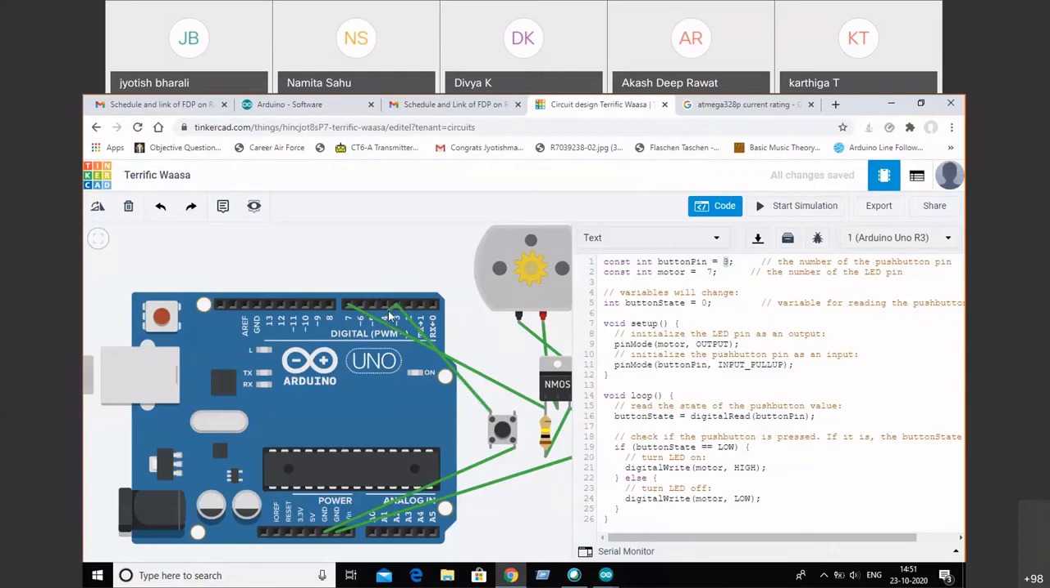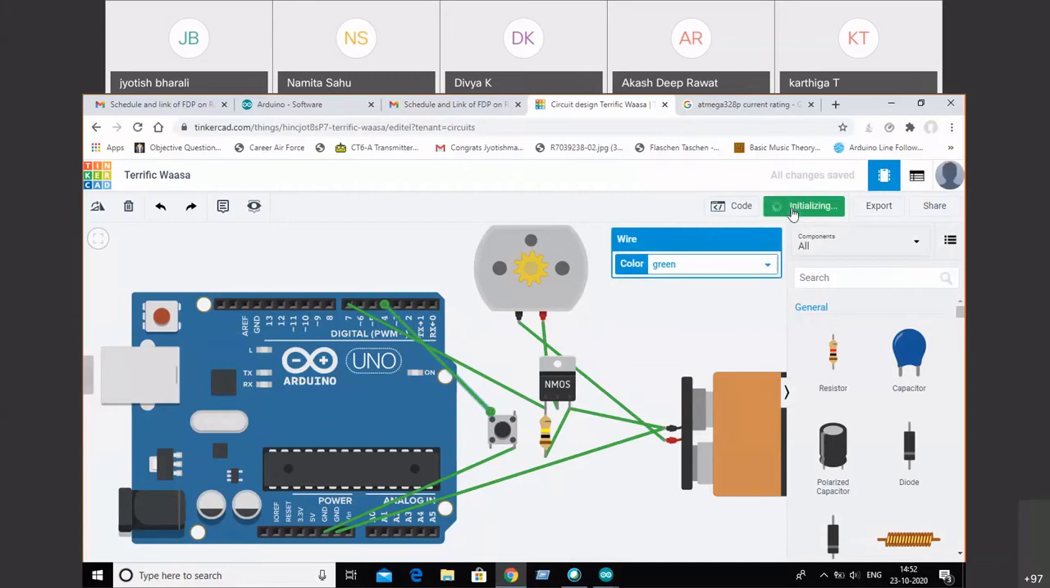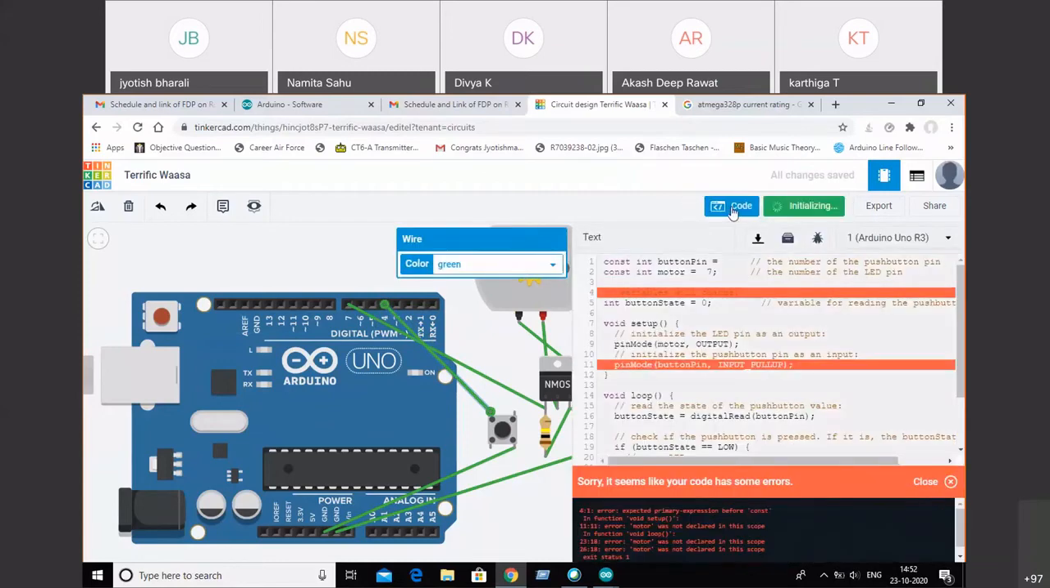If it was connected to, let's say, 4, then all you need to do is declare it as pin 4. Similarly, here the